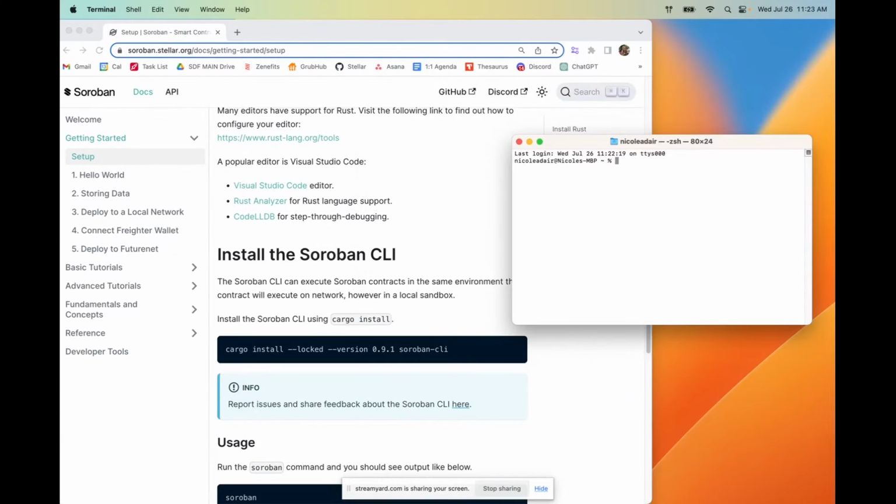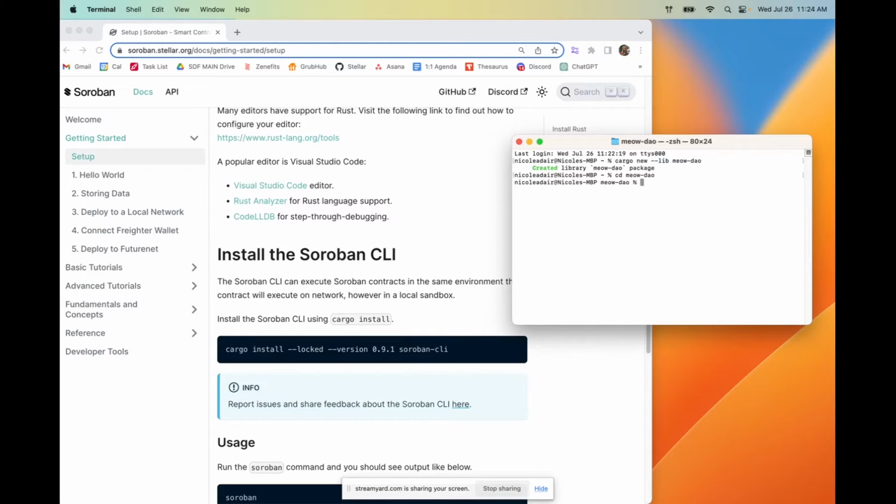We're going to create a new Rust library, and we're going to do this with the command cargo new --lib, and then we're going to add the name of our library. So I'm going to call mine MeowDAO, of course. Now I've got my library created, and we're going to navigate to this library using the cd command.